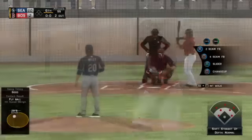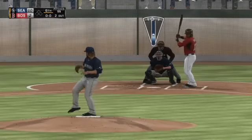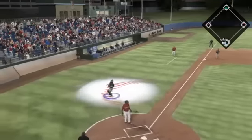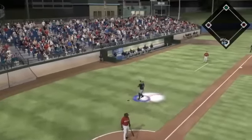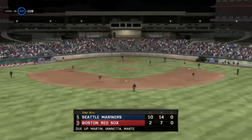Hanley Ramirez strides in, grounded out his last time through. Here's a swing and a high pop-up. Drifting toward the third base dugout. And he'll get under it to put it away in foul territory, and that ends the...